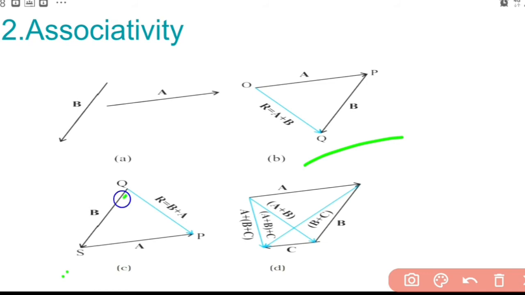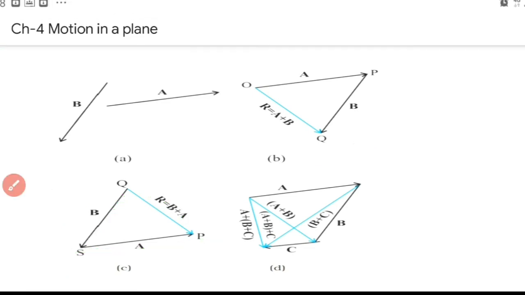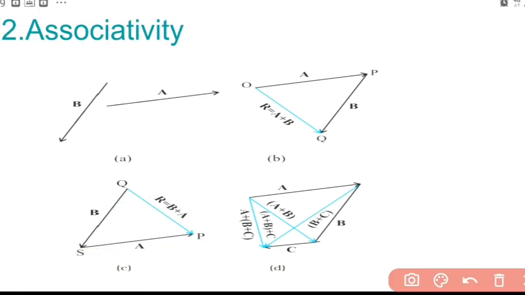Vector B is drawn first. Then on the head of vector B, vector A is drawn. Then this represents vector B plus vector A. So again these two diagrams, 1 and 2, represent vector A plus vector B is equal to vector B plus vector A, which is the which property? Commutative property. Now coming to the third diagram, it shows the associative property of vector addition.